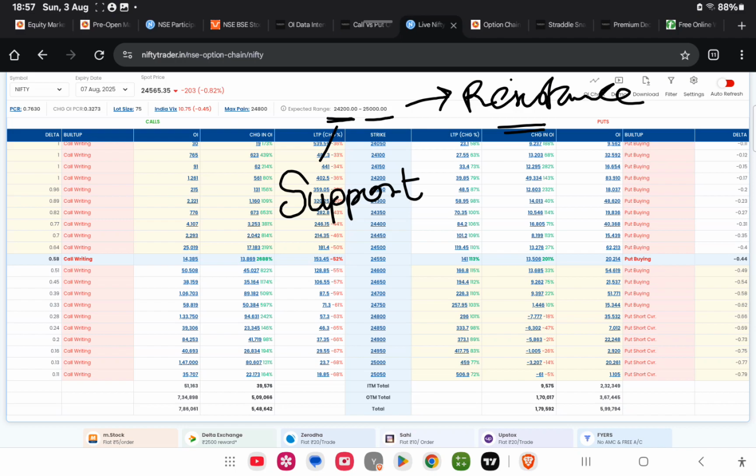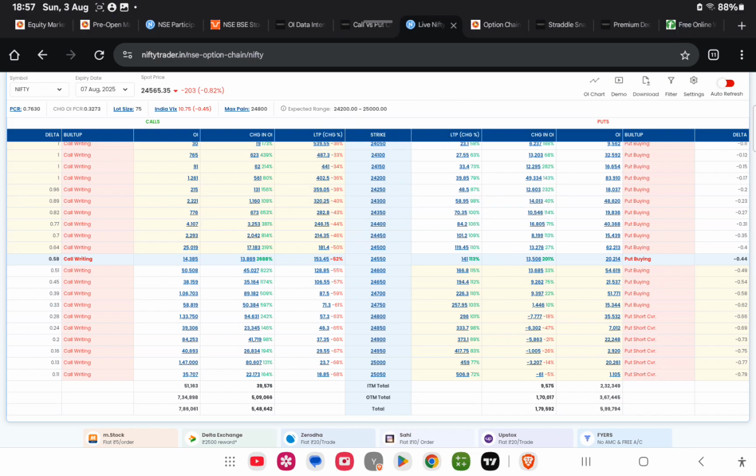Okay, so this becomes a strong support and strong resistance. This we can take as weekly as well as daily. Okay, so both the data it reflects. Now let's see the